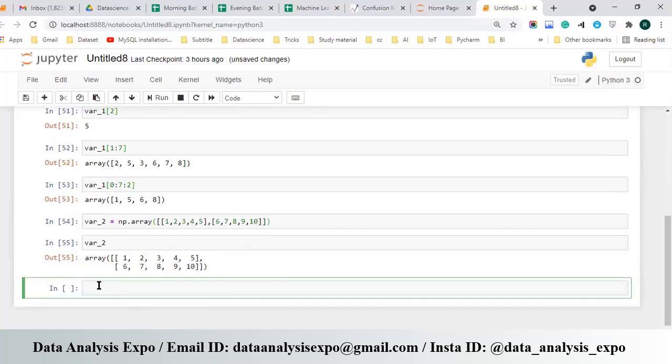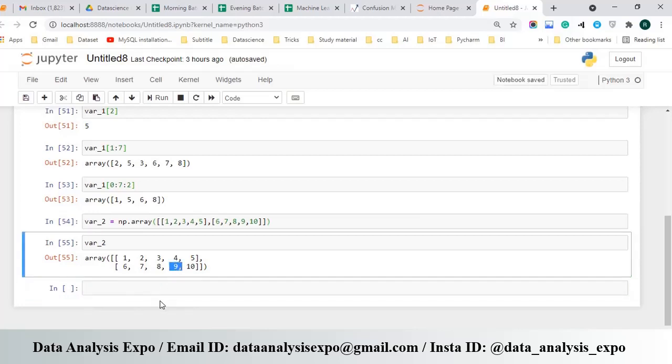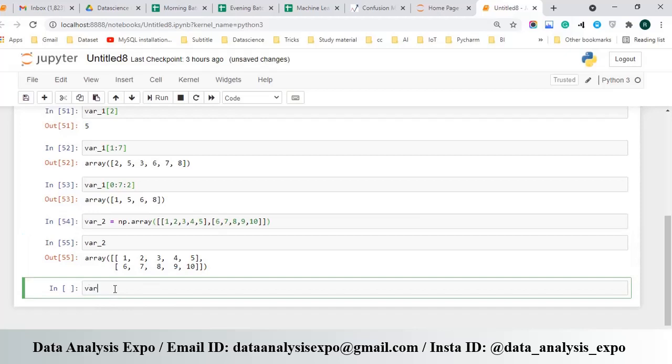Now, I want to get this element. Any idea, guys? How can we get this element? Can you please? I want to get this 9. Okay. So variable_2 square bracket. So we can use